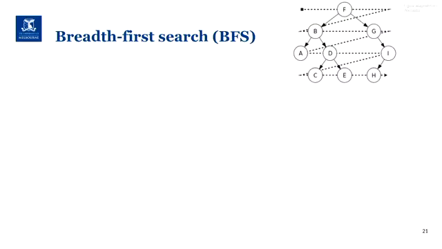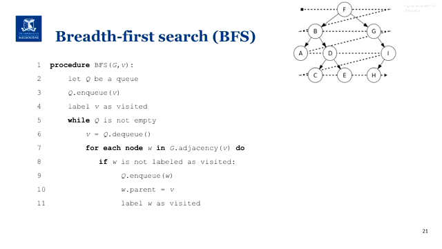Alternatively to depth first search, we can do breadth first search. So the main difference for breadth first search is that instead of a stack, so this is not recursive, it's an iterative algorithm. Instead of using a stack, we're going to use a queue. What's the difference between a stack and a queue? Sorry?